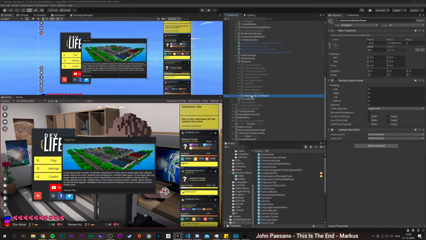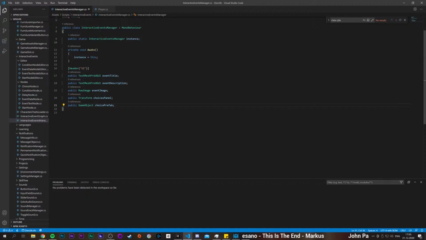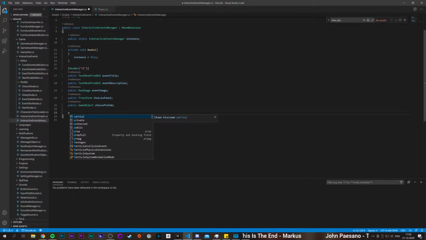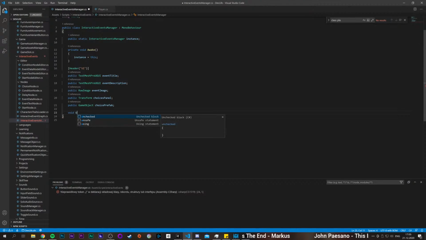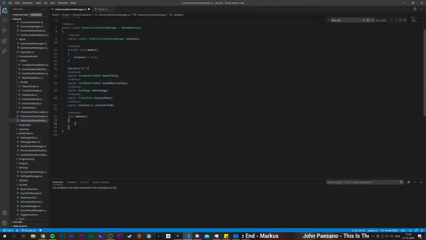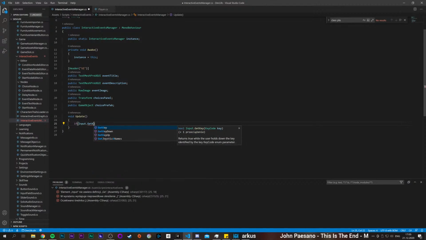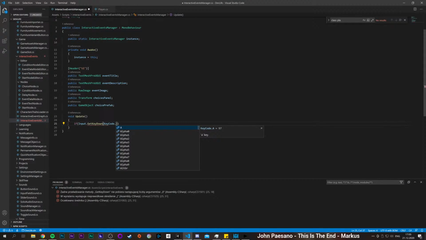Okay, I will need to make this openable on a button, so let's add really quickly private or just void update, and we will get if input dot get key down key code. Let's take